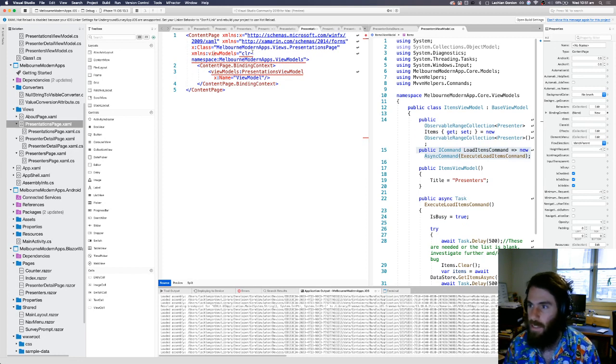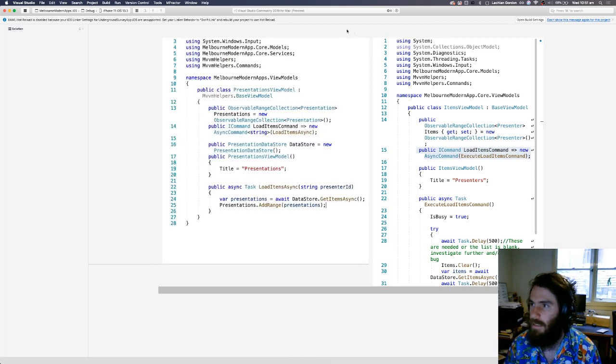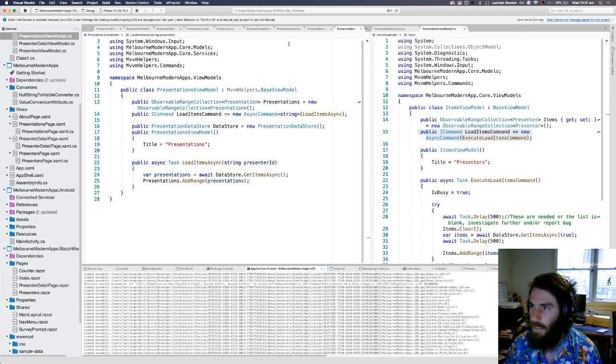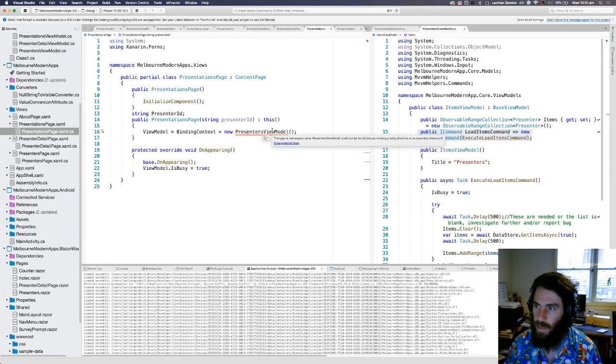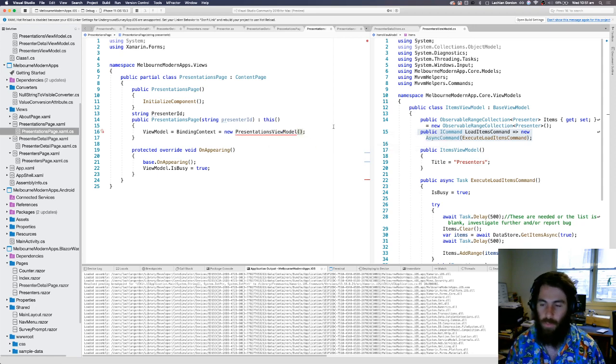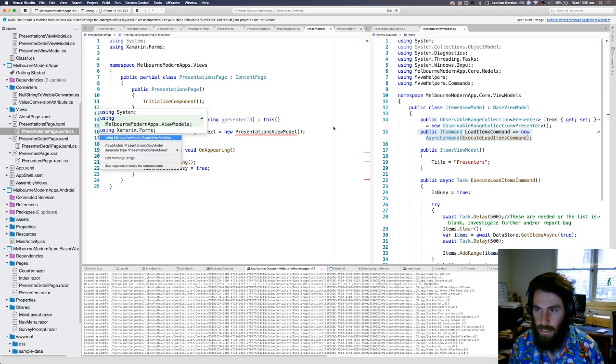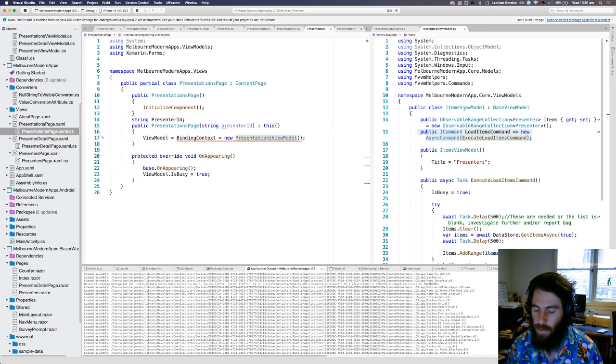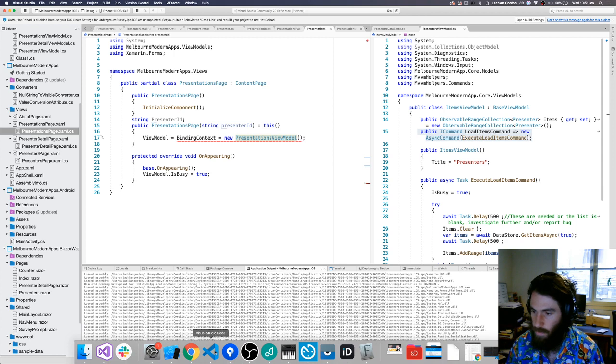So I know that the page will only be receiving an ID. Otherwise I'd need to write my view model so that it can work with either an ID or an object. But the other reason is that on the page that this is coming from, which is the list of presenters,